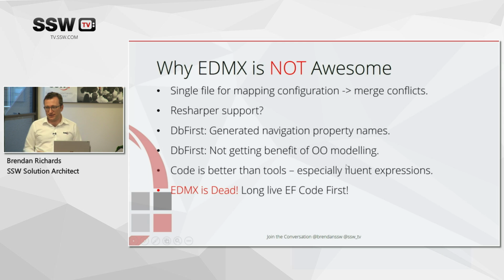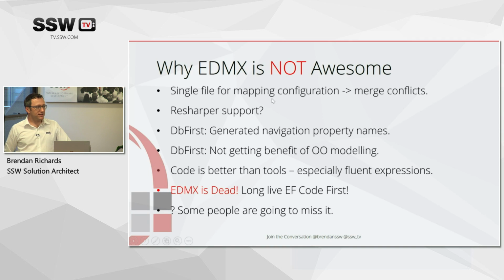If you get given a legacy database by a client and you want to do a few quick jobs with it, I've pointed Entity Framework at it and said, give me a data layer, and bang, I've got it. I need to get 3 tables out, make some queries, and the job's done in a couple of days. I would probably still use Entity Framework 6 for that, just because it's quick and easy. Or Dapper. There is Dapper, of course. So yeah, some people are going to miss it.